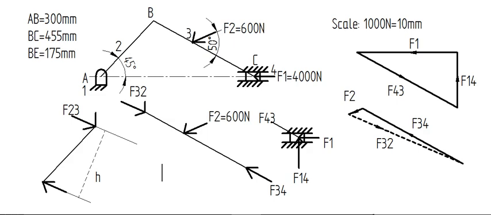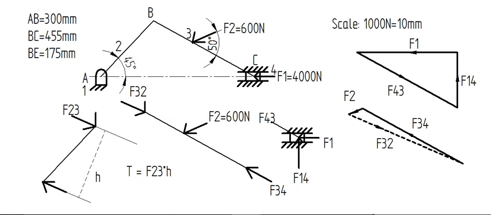So if you multiply now, you can find out the torque, which will be equal to the force you got here, F23, into h. Okay, so whatever force you got, F23, if you multiply it by the perpendicular distance h, you will get the final torque which is required, that is the input torque. So that will be the answer.